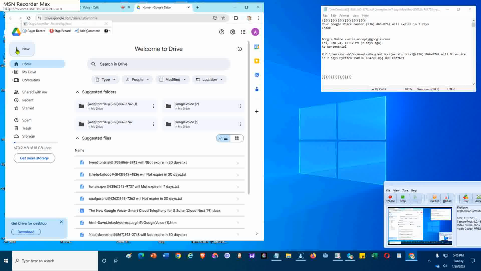What I made is a folder that I called Google Voice, and then I made a file that spells the phone number, like went on trial 936-866-8742 will not expire in 7 days, and a video file of what I'm doing, and I also add the video file name and the outbound number that I called.